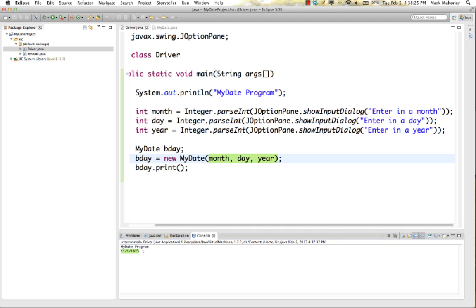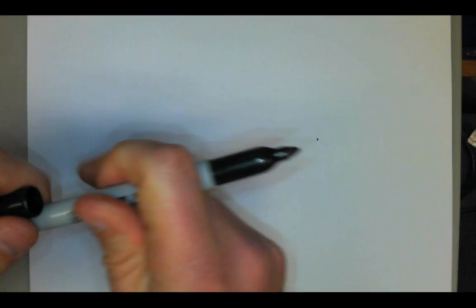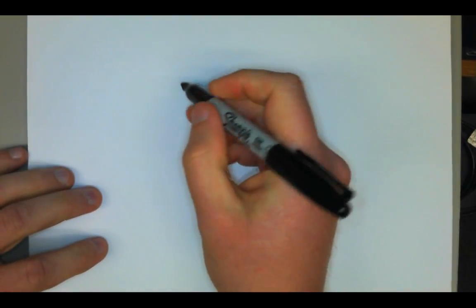So this is a really convenient way to get some data from the user. There are a couple other JOptionPane options. There's a show message dialog if you just want to present some data to the user. There's a show confirm dialog if you just want to ask a yes, no, okay, cancel type question. And then, like I said, it returns a string, so often we have to convert from string to an int. You can also convert in the other direction. Okay. If you have an int and you want to turn it into a string,